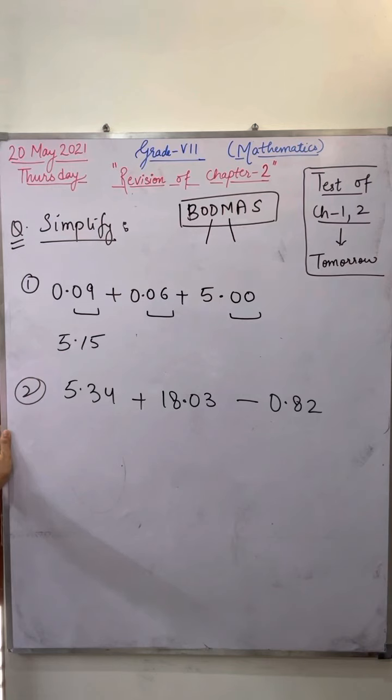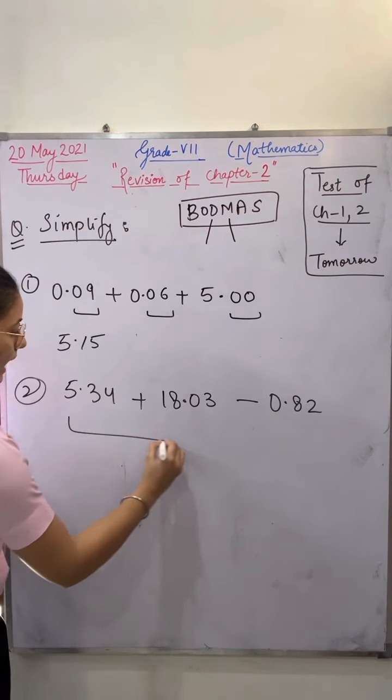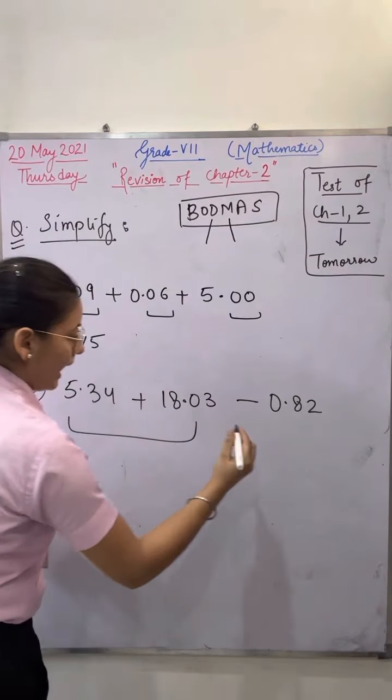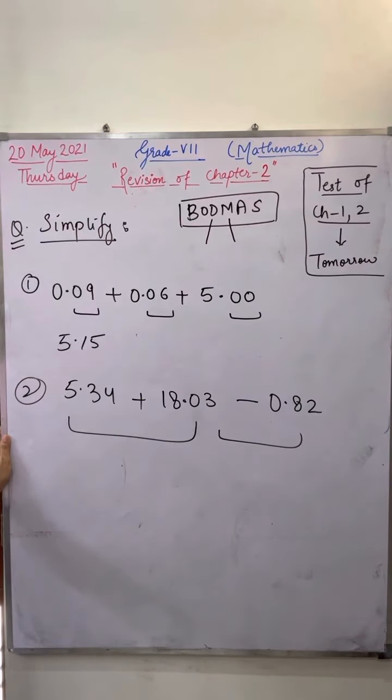Again and again, we can't give you warnings. You know that these teachers are observing you. Quickly solve this question. First of all, add these two decimals and then subtract from this decimal. Quickly. Yes, quickly. Kunal Singh, show me your notebook quickly in front of the camera, where you have solved.